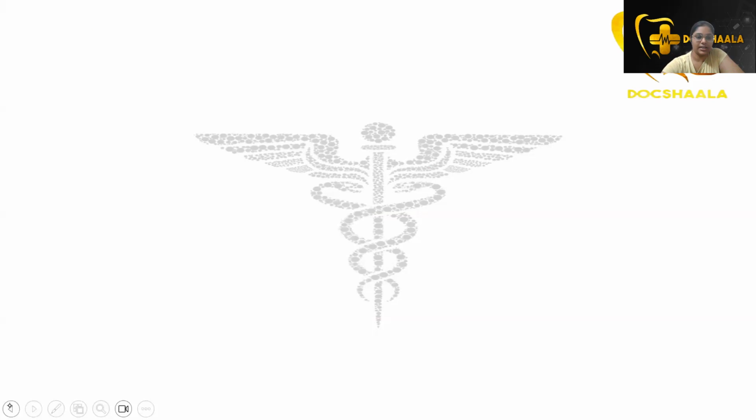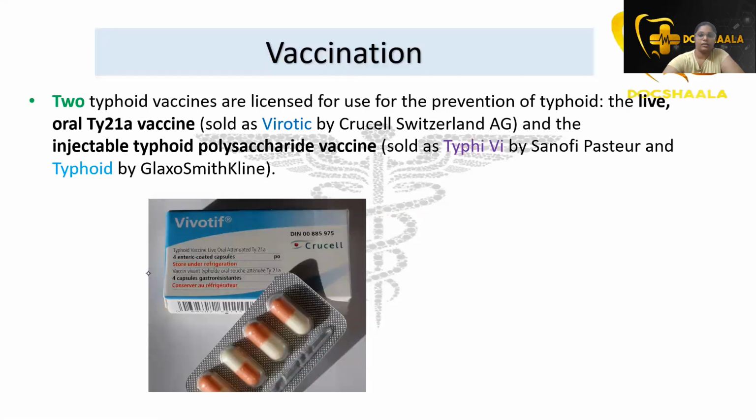So as you can see in the image, you can see the tablets, right? It is sold as Vivotif by Crucell Switzerland AG, and as an injectable typhoid polysaccharide vaccine, it is sold as Typhim by Sanofi Pasteur and Typherix by GlaxoSmithKline. Okay,